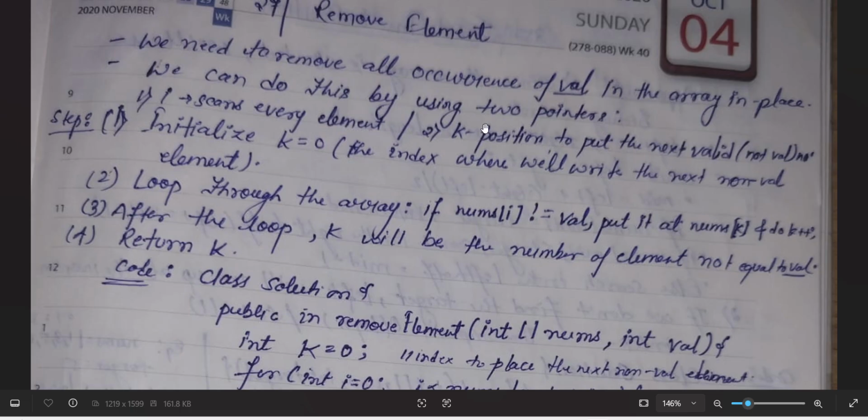What are the steps we can take here? We are initializing i, that is, scan every element, and number 2, the key position, to put the next element. Key position means we are pointing to the next array element. If the array element is equal to the value, we can just skip it, and if it is not matched, we can just keep it in k. So basically we are initializing k as 0,